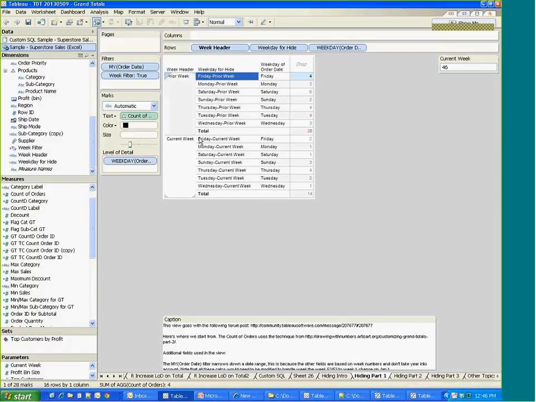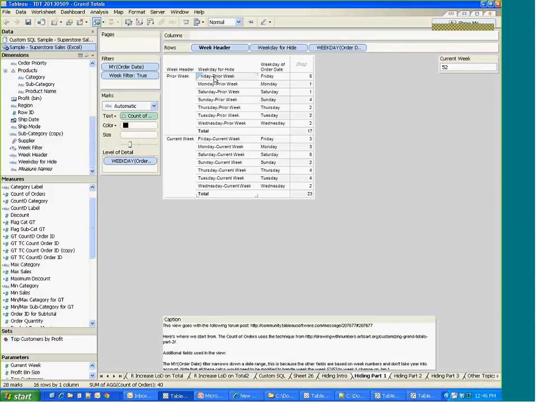Is a window sum of the count distinct order ID with the IF FIRST equals 0 and this other optimization for Tableau 7 to just total those up. So that's what we already covered here. The trick here is that we want to have the prior week header and current week, so we generate separate subtotals. So we have subtotals on our week header, and then